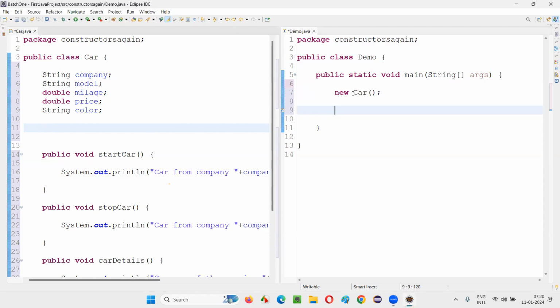What do you say, guys? Is a constructor being called or not? Whatever constructor is hidden and empty, not visible here, maintained by Java in every class, is it being called when I create an object here? Yes, it's being called. But is it empty or not? It's empty, right? So what will happen if you call an empty constructor? Nothing will happen. This constructor is being called, but since it doesn't have anything, nothing will happen. Hope you got my point.